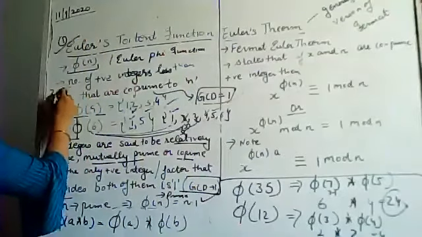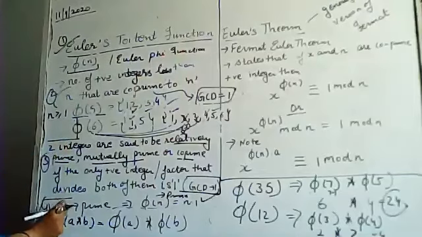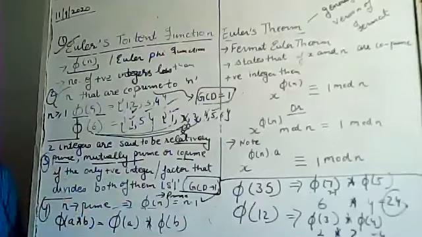That is your second. This is your third. Fourth one is when your number n is prime, you can directly subtract 1 from that. So this was your fourth point that you need to understand. Like I need to find phi of 5. 5 is a prime number. 5 minus 1 is 4. So we will be getting 4 as the answer.